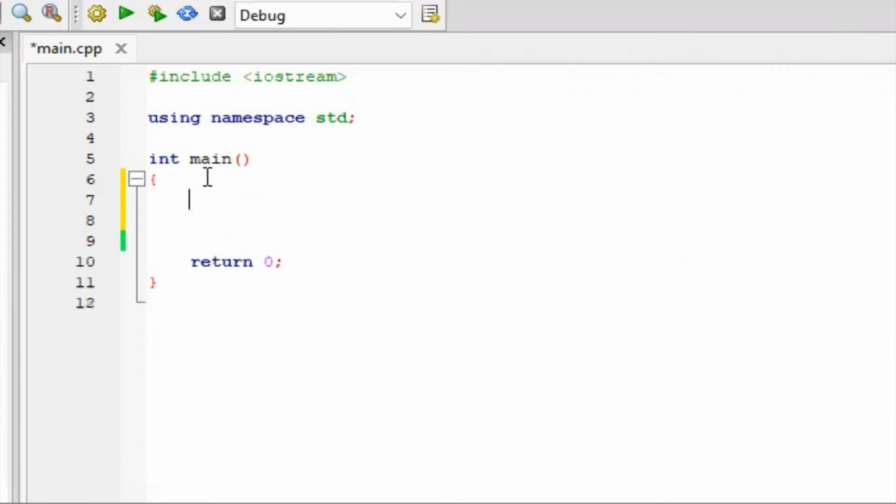Okay, cool, let's get to it. I'll do this using a calculator. So I'll just make a calculator and then modify it as time goes by. We have to make two variables that we want to add or multiply or whatever we want to do to them. We'll make them doubles so that we are able to add even decimal points. We'll call the first one X, and then we'll call the second one